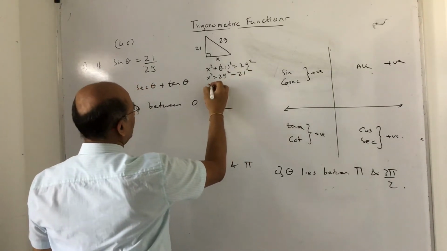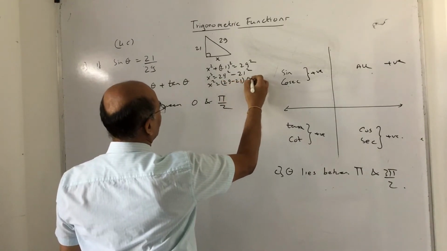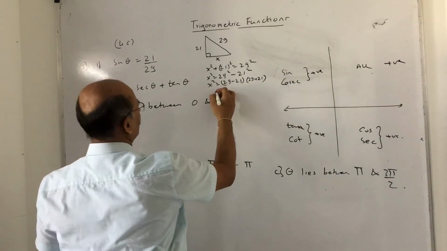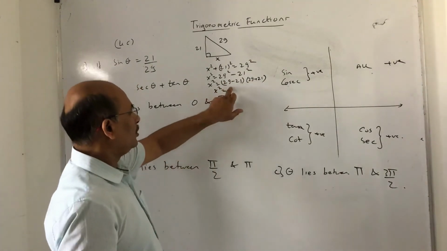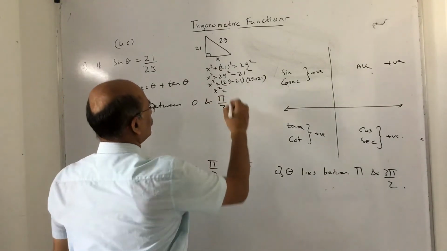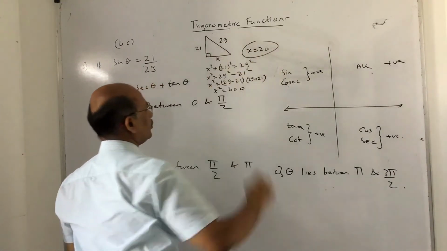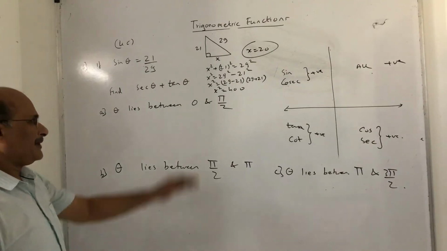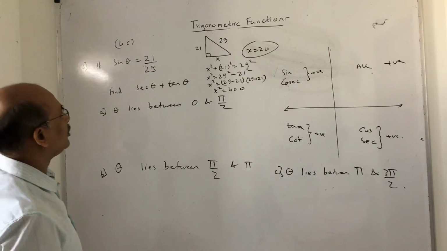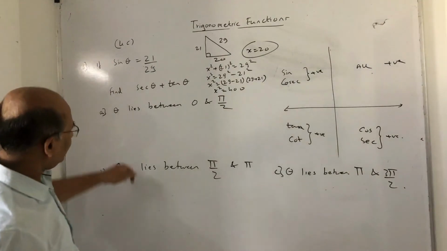You don't need to find the value directly. x square is a square minus b square, so 29 minus 21, 29 plus 21. Try to understand this. So x square eventually becomes 8 times 50, which is 400. So what is the x value? x is nothing but 20, since the square root of 400 is 20. You can do it with the help of a calculator, so let me not waste time on that. Anyway, I got the missing side, which is nothing but 20.